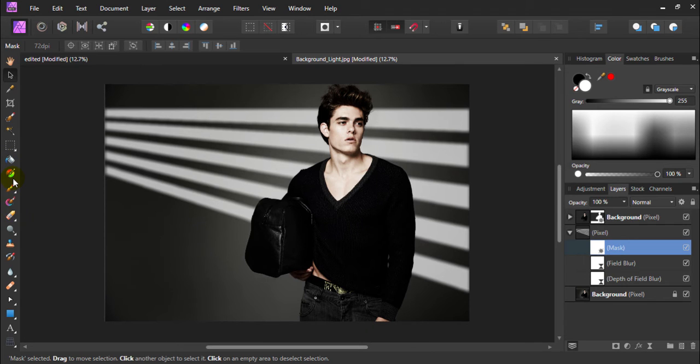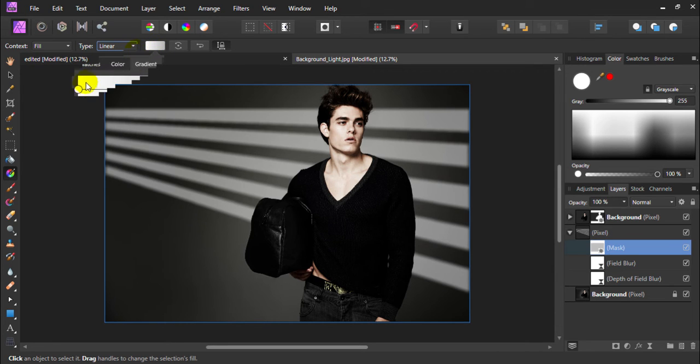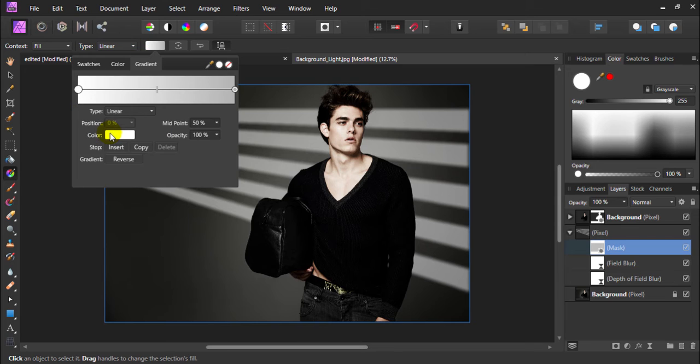Okay, now most of you are thinking why gradient, because we can fill this with a solid layer as well, but what happens when you fill with the solid is this portion is dark and this portion is a little bit light. Okay, so if you apply the solid layer, your image does not match. Okay, so we are going to apply the linear gradient and make sure the color is set to black to white.